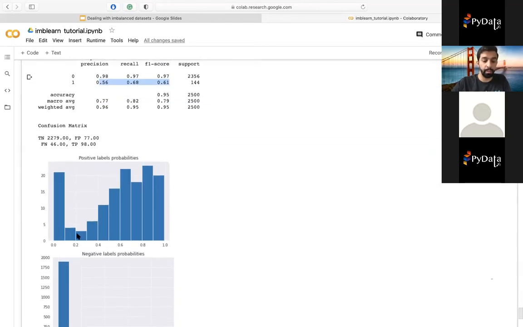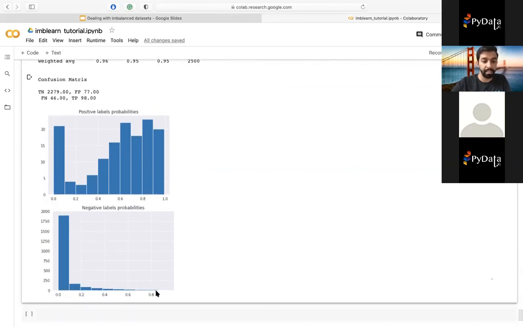Now we see the distribution. This is a better distribution than we saw. Remember initially, if you guys remember, this distribution was more towards the low probability. Now we see most of the positive labels have high probabilities. We're still making some errors, and we can also see that there's an increased false positive rate here. Initially this was almost zero on this side, but now we're making more mistakes, and this is normal. As the model is balancing, it will start making more false positive mistakes. And like I said, depending on the use case, you would want to either reduce the false positives, reduce the false negatives, or try to keep them balanced.